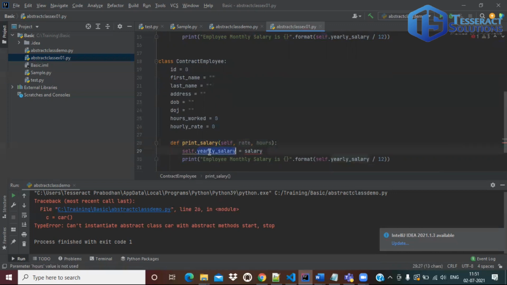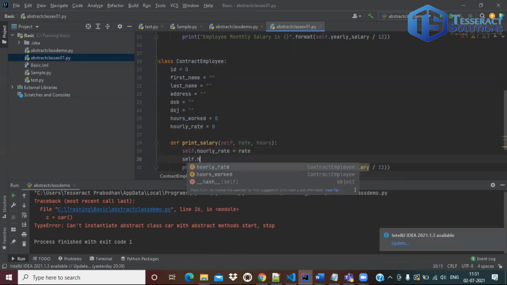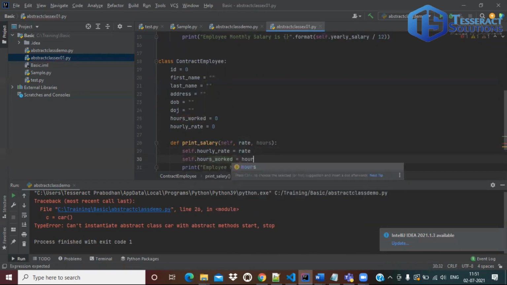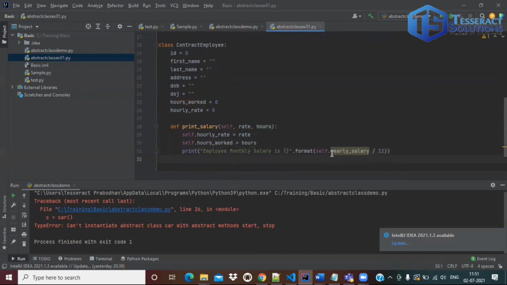And here I'll do sale dot hourly rate equal to rate and sale dot hours work equal to hours. And employee monthly salary is